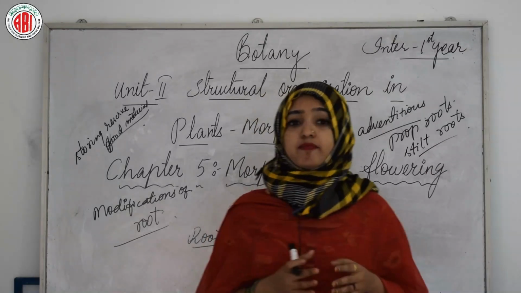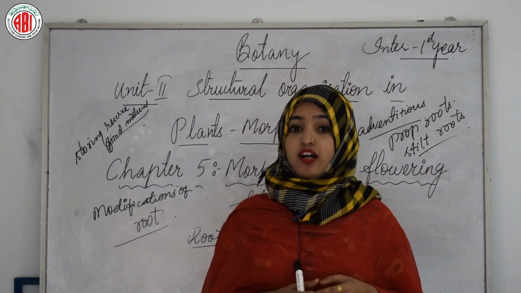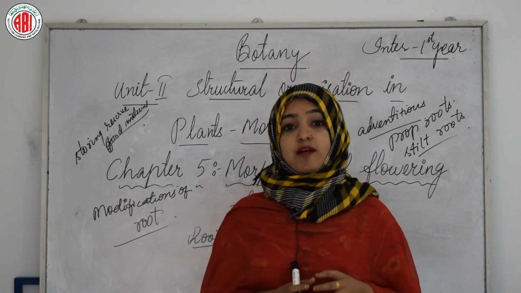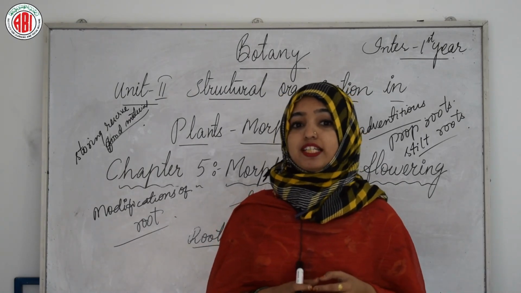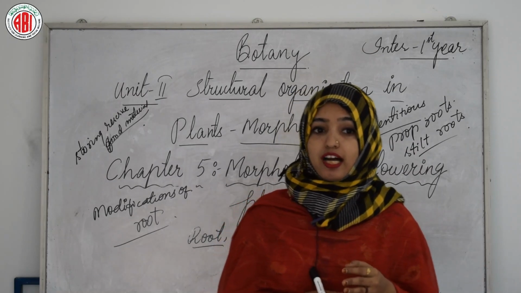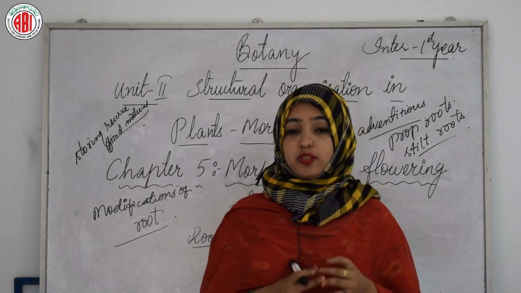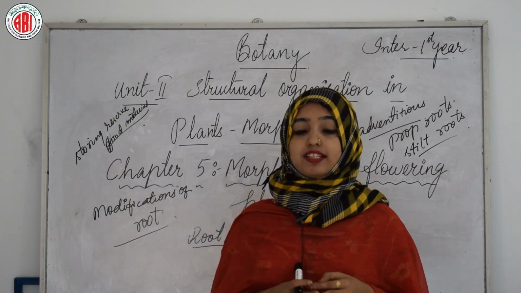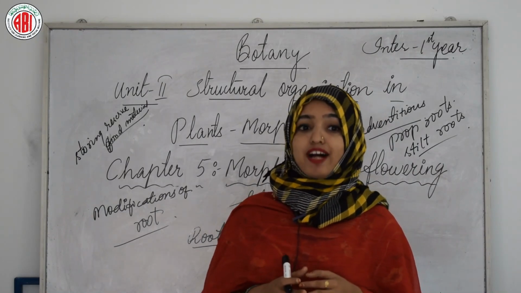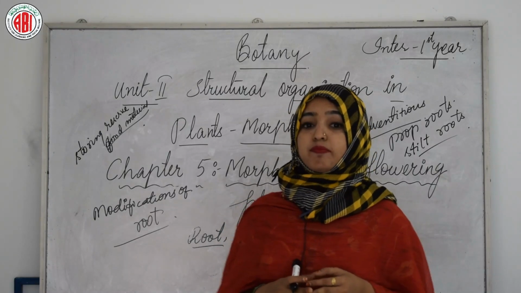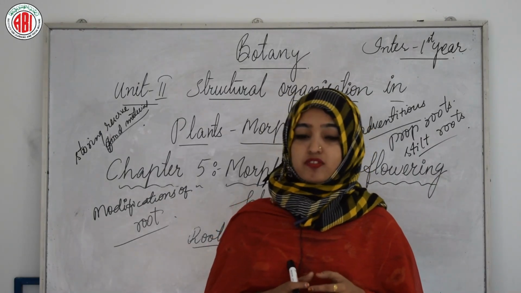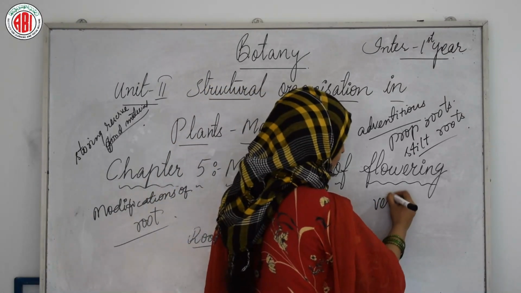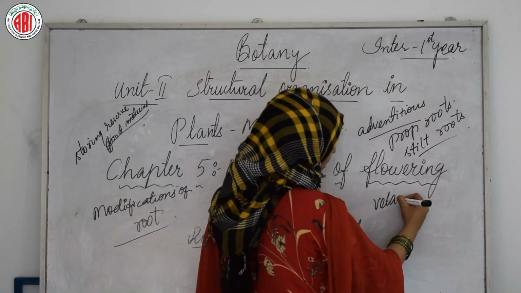In mangrove plants such as Rhizophora and Avicennia growing in swampy areas, many roots come out of the ground and grow vertically upwards to get oxygen for respiration. Such roots are called pneumatophores. In plants that grow on other plants, called epiphytes, like Vanda, the adventitious roots are specialized to absorb moisture from the atmosphere, and such roots are called velamen roots, which we can easily find in the plant called Vanda.